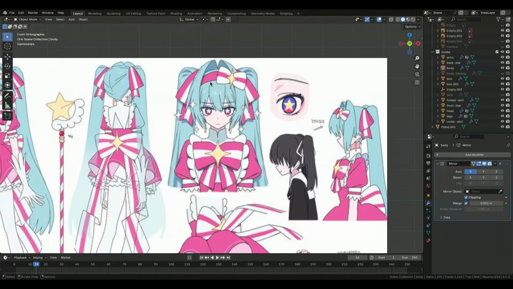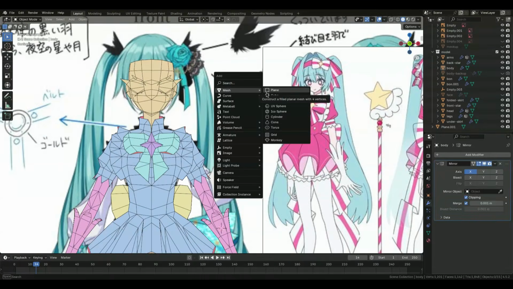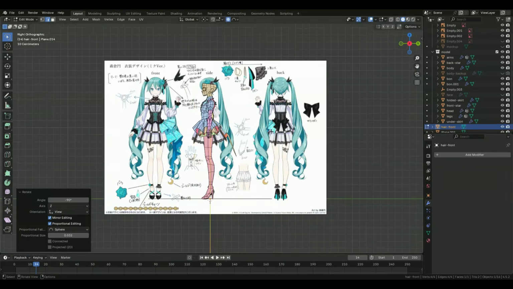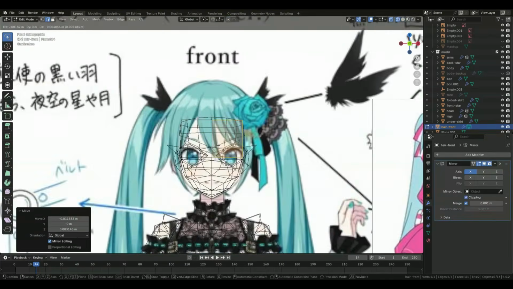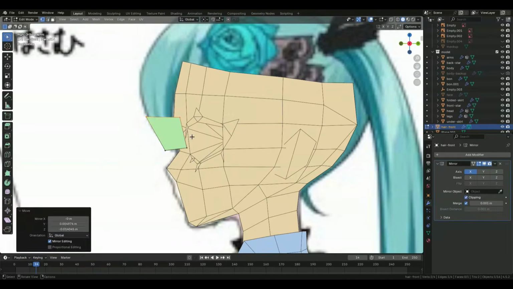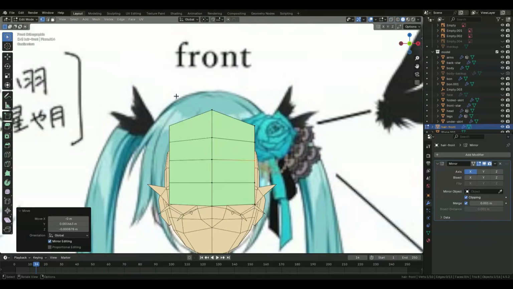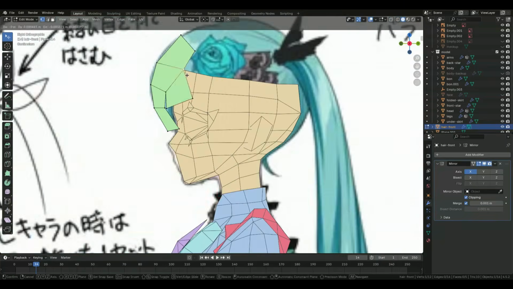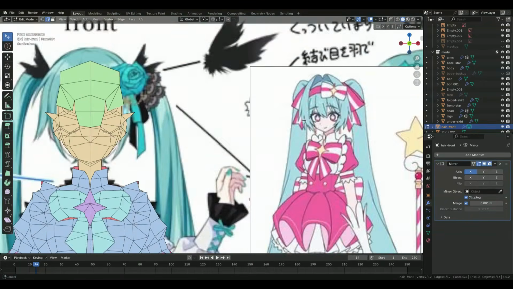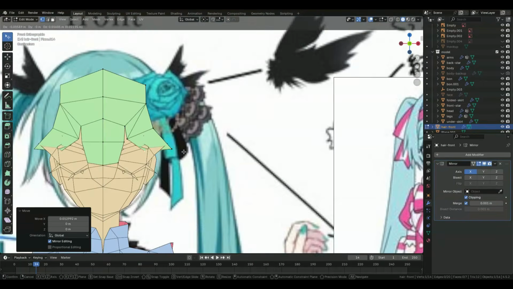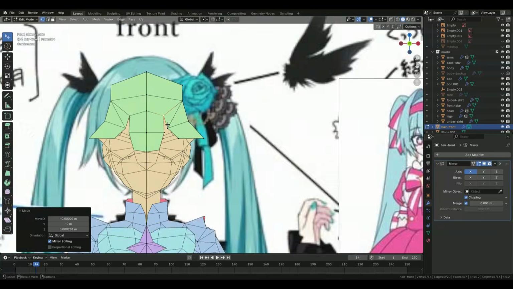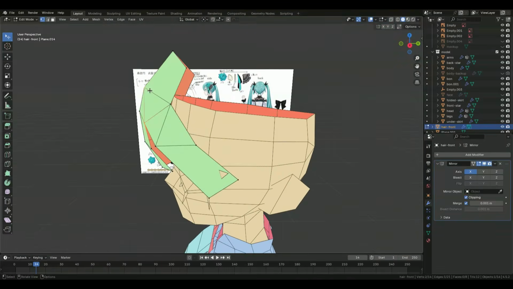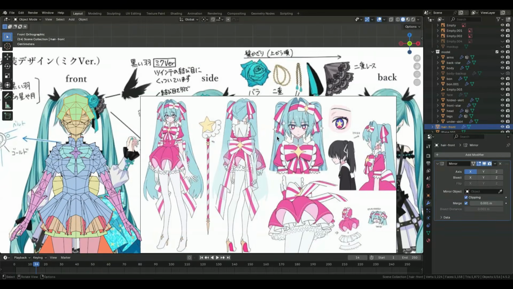Modeling the hair is also really annoying since it's mostly a tangled mess of quads that I have to shape in one way or another. I subdivide the hair in a front section, side section, and a back section, and basically the front section is the hair that falls directly upon the eyes. The side section basically creates the curtains around the face and on top of the ears, and the back section connects into the